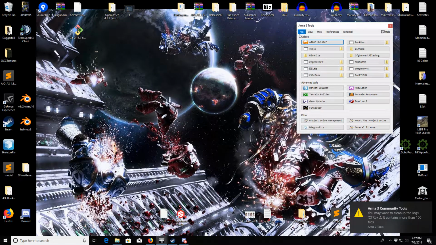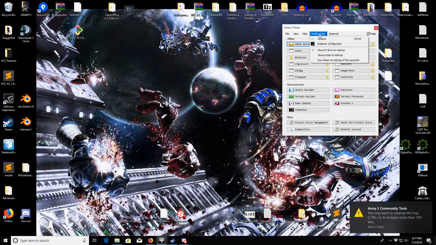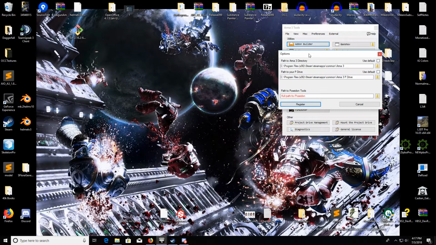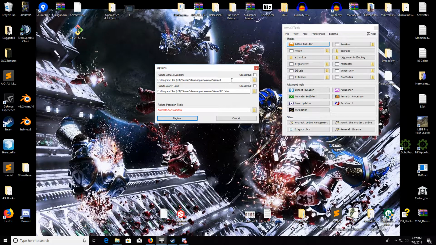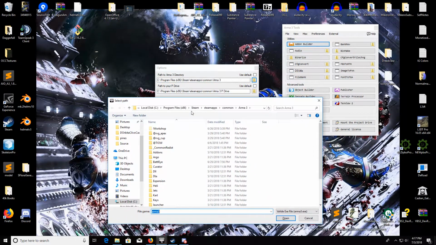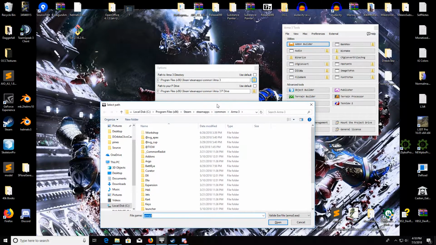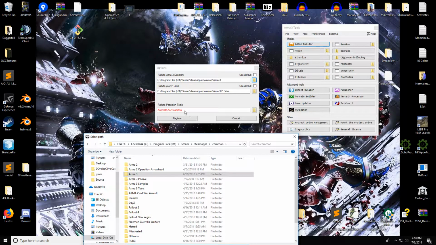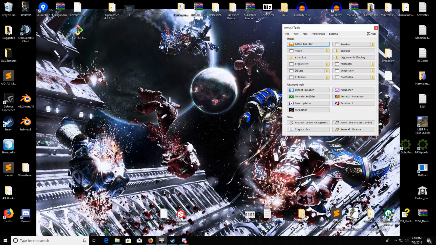So this is a tools window when you boot it up. Quick thing we'll set up. You go to Preferences, Options. We're going to be setting up the P drive. It needs to have a P drive to work. So inside this little window here, Preferences, Options, go to your Arma 3 root directory. I'm sure you've all seen this before, cdmaps common Arma 3. And also inside the common folder, you need to make an Arma 3 P drive folder. Just a new empty folder, name it that. Put the path in there, click Register. Don't worry about Poseidon tools. Oh, close that. But